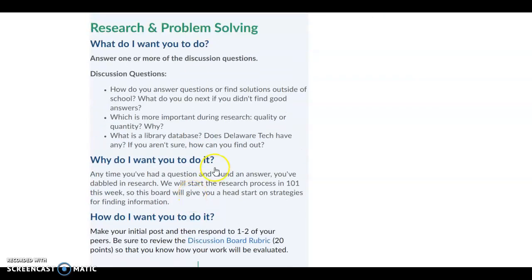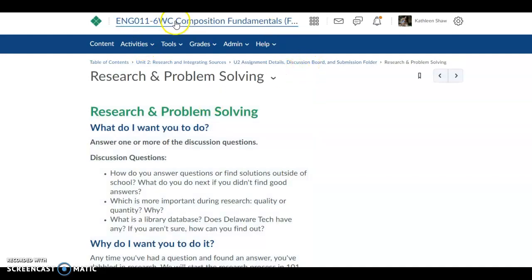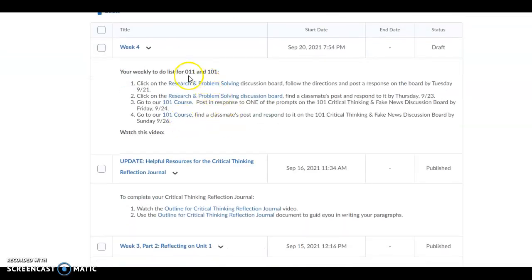Then you will respond to what a peer said. So somebody's going to post, and you might want to say something like, oh, that's great. I'm so glad you mentioned where to find the Delaware Tech Library databases. I was having trouble with that. Or you might say, oh, that's a great point about quality research. Or, oh, yeah, it's a good idea to start out by looking at places like Google and Wikipedia. But if you can't figure it out, just give little kind of responses and pieces of advice. Doing that will take care of those 2.